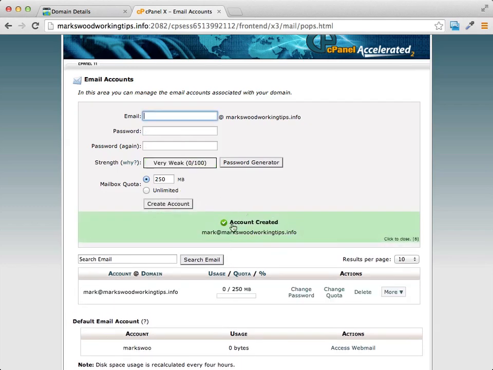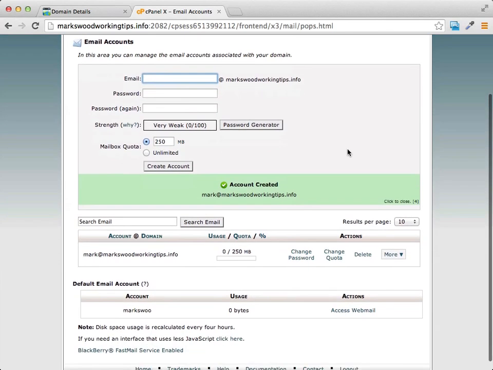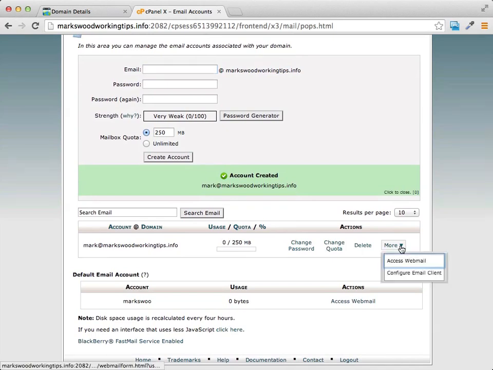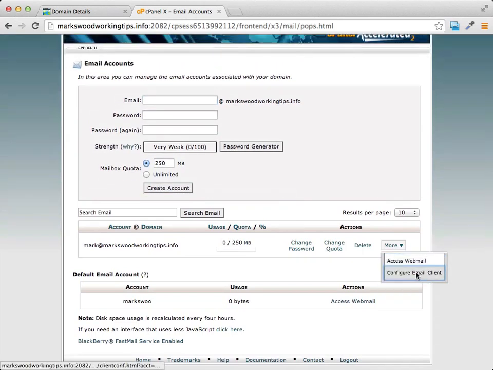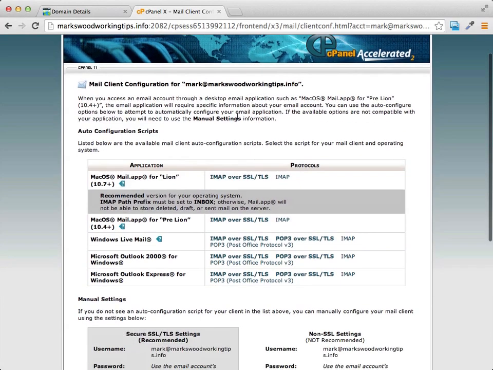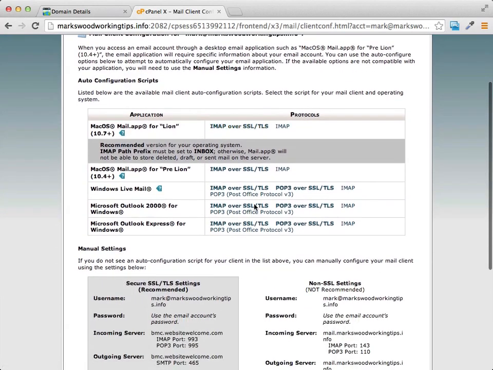And you can see that this account has now been created, Mark at Mark's Woodworking Tips. And we can configure our email client, like if we are on an Apple or if we're on Microsoft Outlook. You can see right here, there's all the directions on how to set up your email, depending on which email